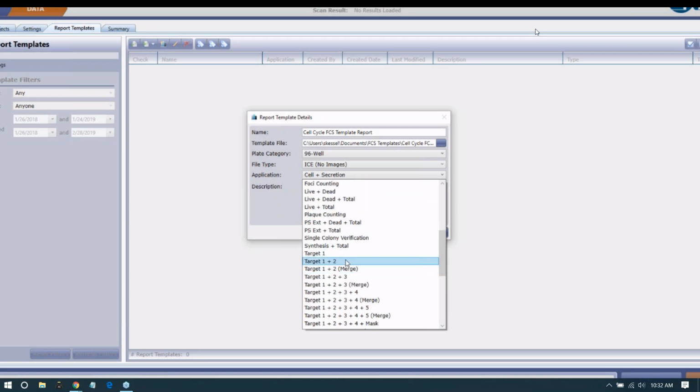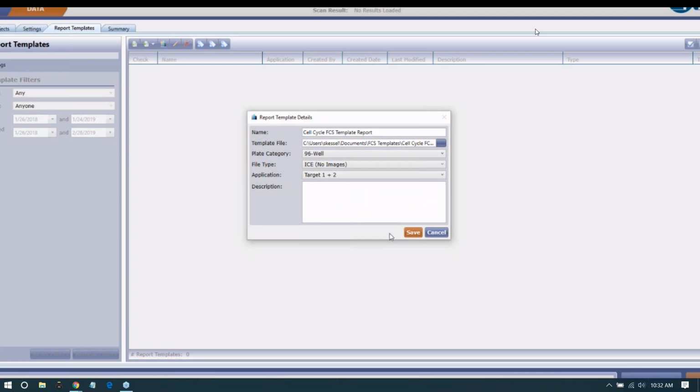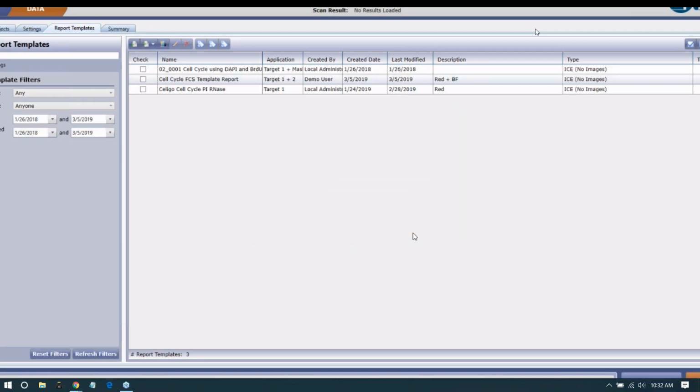So if you end up later on doing a 1-channel acquisition, you'll have to go through this whole process again, but with a 1-channel template. So in the description, I'm writing in there that it's a red and bright field image, so you know in image acquisition what was done. Here, once you click OK, the population list has now 3 files, and there in the middle is the one